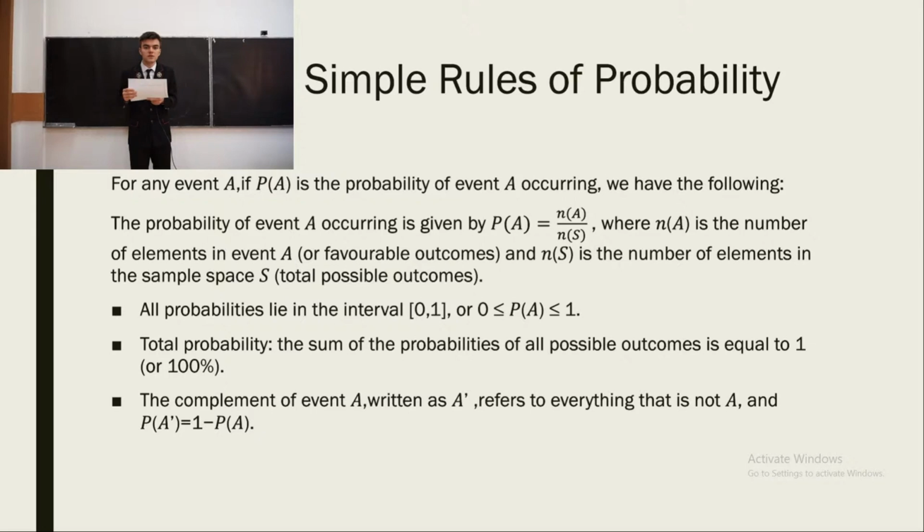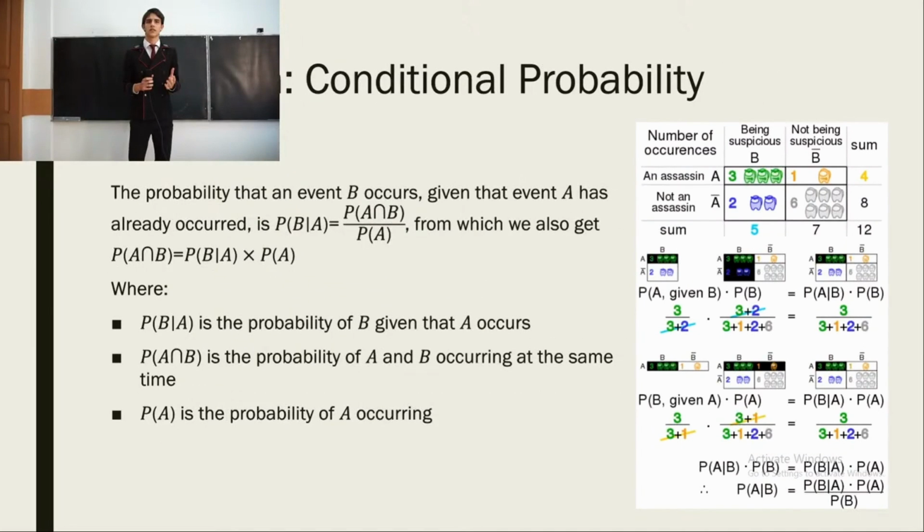The next part of the presentation we're going to talk about the definition of conditional probability. The probability that an event B occurs given the event A has already occurred is P of B given A, which equals P of the intersection of A and B divided by P of A. From which we also get that P of A and B intersected equals P of B given A multiplied by P of A, where